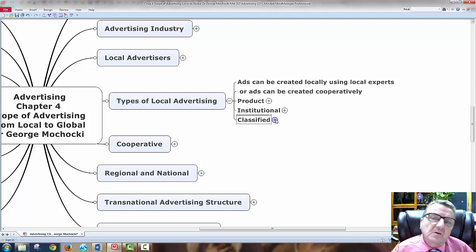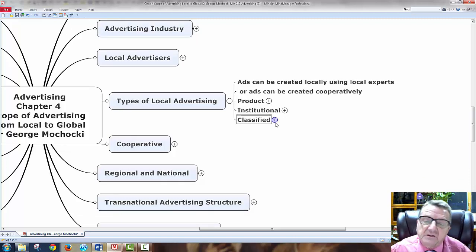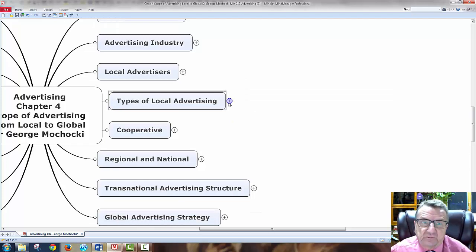So remember, the whole point of taking all these series is to be able to look at ads and try to identify, is this a local ad or is this a regional ad? Most small businesses will be doing more of a local ad, but then if you're doing something internationally, you may do something on the web, and you may want your ad to be a little more regional, for lack of better words. Okay. And then you have the last, classified: recruit employees, offer services, sell merchandise. So these are the three basic types of advertising. They fit into these categories more for the local, smaller advertising agencies that basically cater to small businesses.